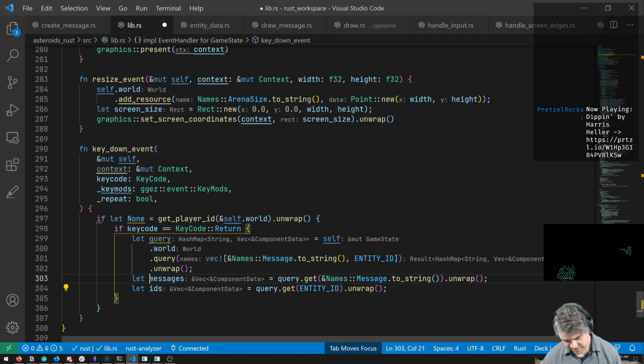I don't know if I really care about what that message is. I'm just going to go ahead and tell it to delete. I'm just going to say, hey, if there's no player and if there's a message, we can loop through all the messages now and delete them.